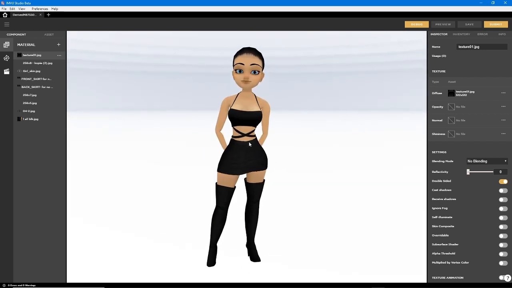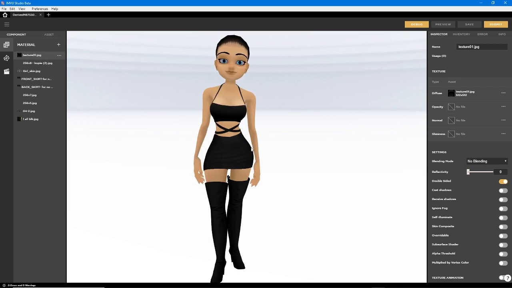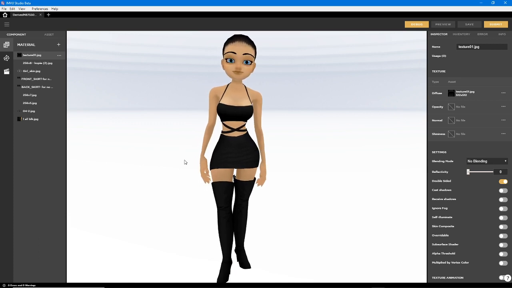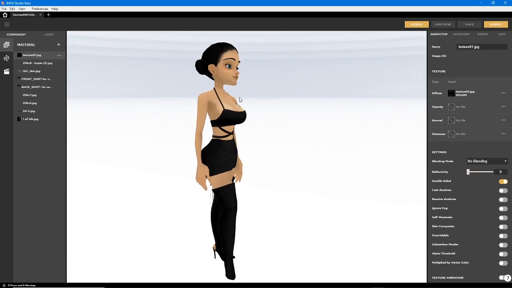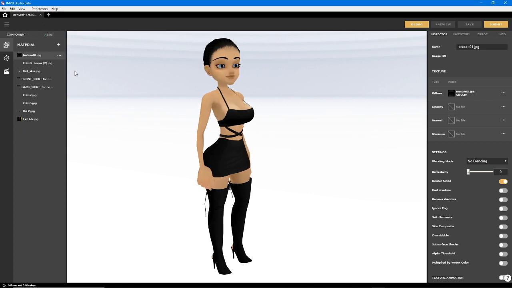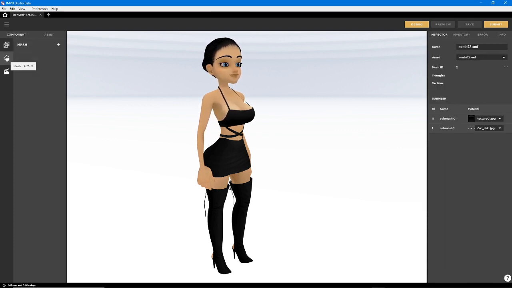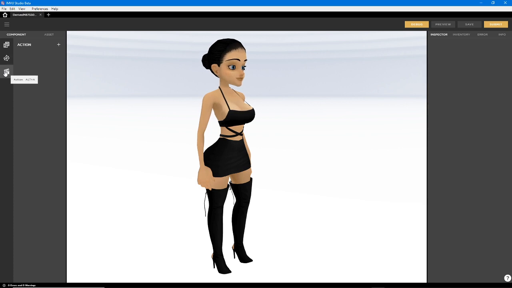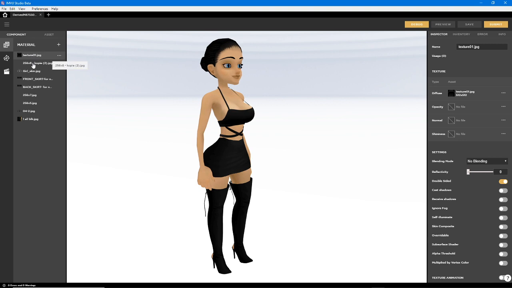So that's the project loaded into the 3D view, so we can now edit this. And on the left we now have all the components that are included or involved with the product. So we've got materials, meshes, and then actions. Obviously no actions for this. So we've got tons of materials,